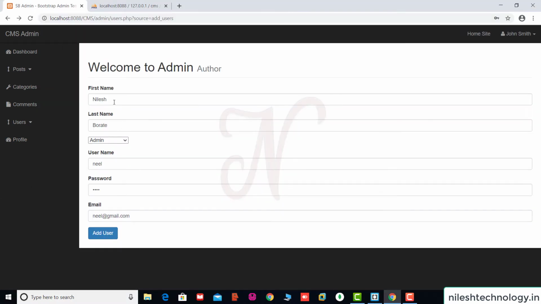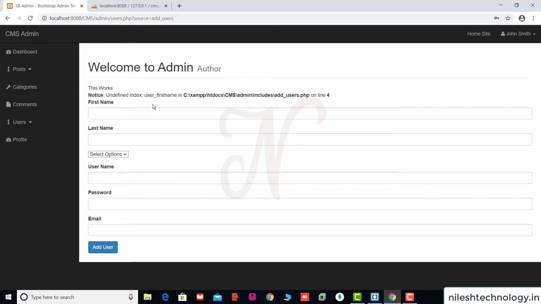Here we modify some fields. For example, this is Swapnil Khatke, this is subscriber, password is ABC, swap@gmail.com, add user. Now again we check the first name variable.